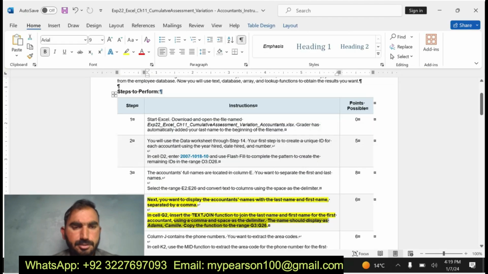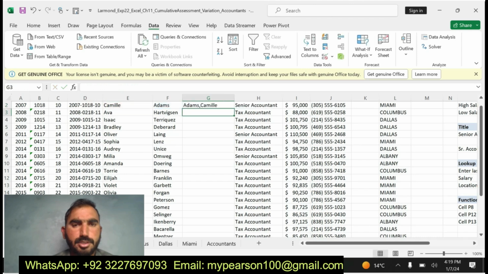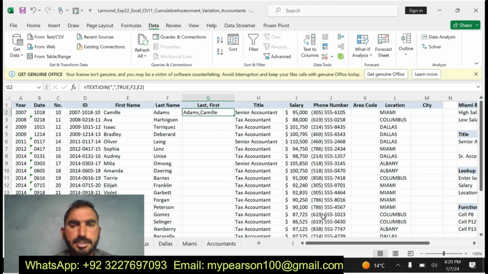Copy the function in the range G3 to G8. Now I am going to insert the function, F2 to E2, and Adams. I have found the values, that's the words Adams and Kelmer. I have completed the formula.